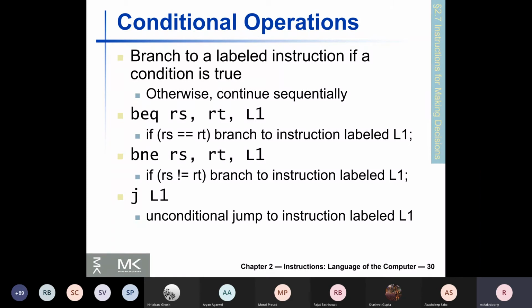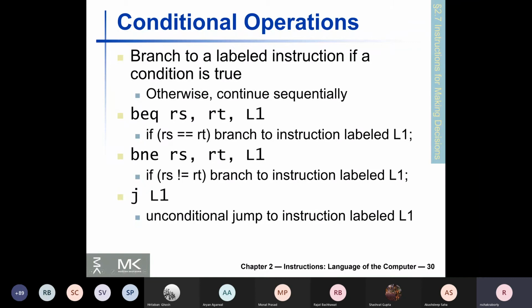Remember that this L1 label would also have to be resolved to a final address, because this BEQ RS RT L1, this 32-bit instruction will contain the information of exactly where to perform the jump. And how does the assembler compute? What does the assembler store corresponding to L1? These are things we will study again later. Okay, maybe not today, because this is complicated. This is going to be one of the last topics that we are going to study, even after we study function calls, because this is one of the most complicated topics actually.